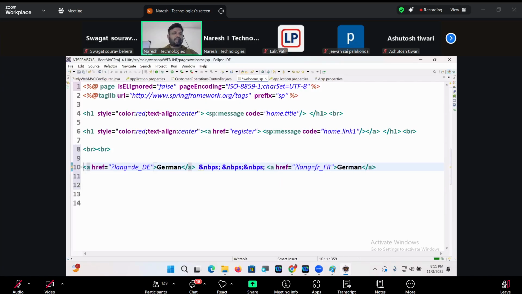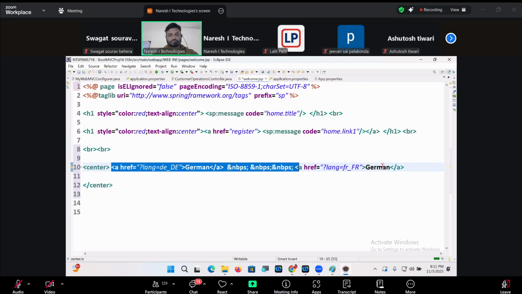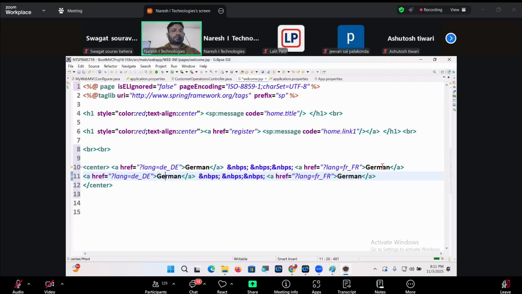Okay, we'll make them center, guys. Center of the page. We'll make them come at the center of the page. Cut it. Paste it. Copy this, guys. Tell me. Href. Art. Where is this?